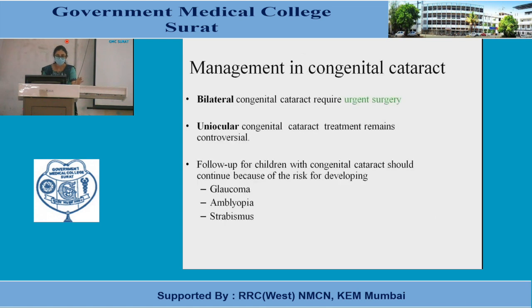For congenital cataract, just one thing you have to remember: you cannot delay the intervention. Bilateral cataract you have to operate early because fixation usually completes by 3 months. If you delay, the patient will suffer visual deprivation. Uniocular cataract, again there is a controversy, but once the child is fit, after 2 months of age you have to operate. Up to 2 years you keep the child aphakic. We don't do an IOL implantation till 2 years of age, but you manage the child with a contact lens and meticulous follow-up.